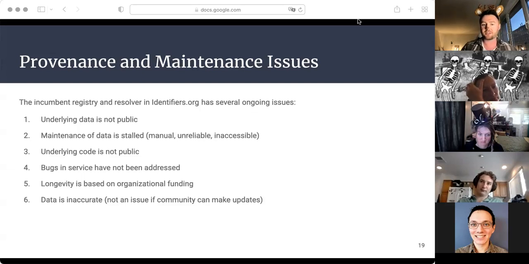On the other side, the code that powers identifiers.org isn't public either. And so when there are bugs, it's not very easy for people to look at it and say, hey, this is why this is happening, and maybe even propose a solution. So all of these things contribute to the idea that longevity is low,